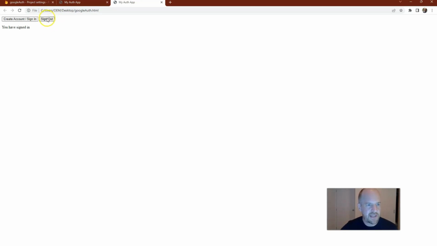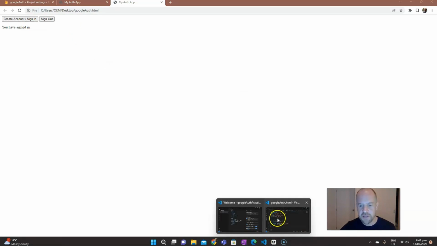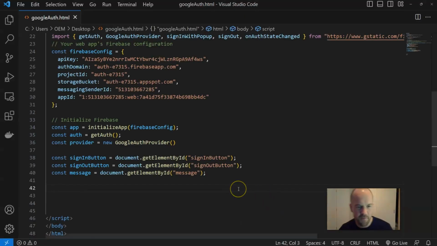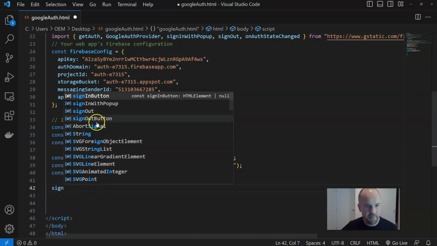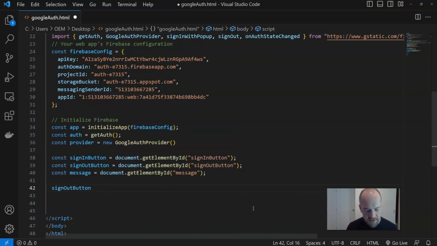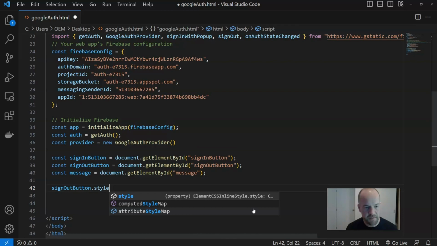So I want to hide this, and I want to hide this message when the page loads. I only want these elements from my HTML to show up later on once the user has actually signed in. So let's get that happening. Let's make that the first thing that happens in my actual main code here. I'm going to take this sign out button and I'm just going to refer to it here, the sign out button, and then I'm going to say dot style, which allows me to manipulate the CSS for that element, dot display,